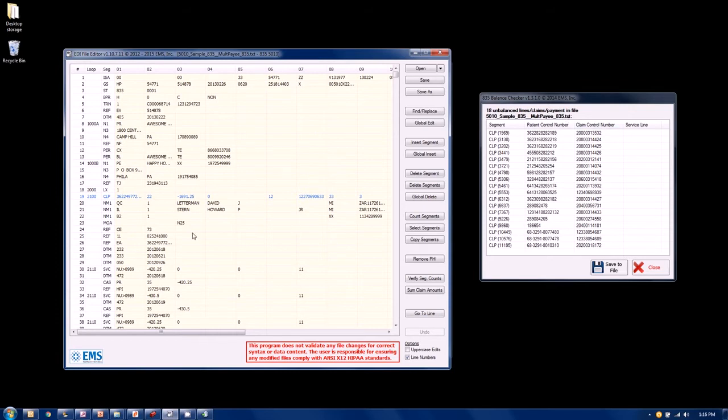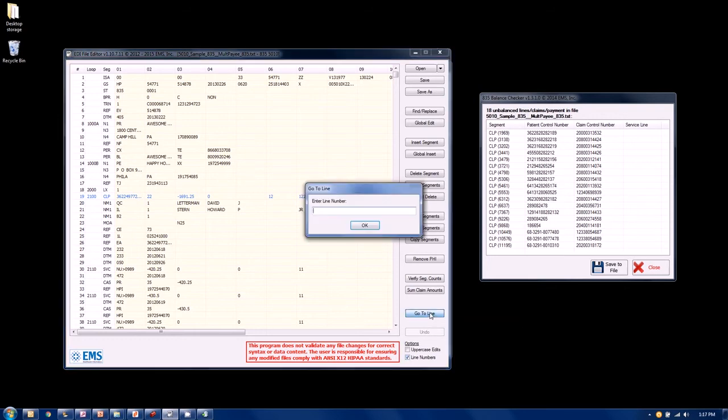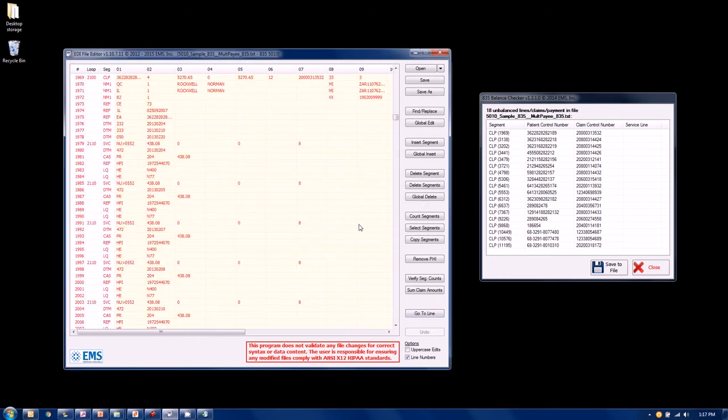Now, there's no actual lines in an EDI file, but when you bust the segments onto their own lines, like we do in our editor, and you see in the lower right, you have the option for a line number to be displayed. And you can also use this little button here that says Go To. So I'm going to go to line 1969, and I'm going to see not only line 1969,